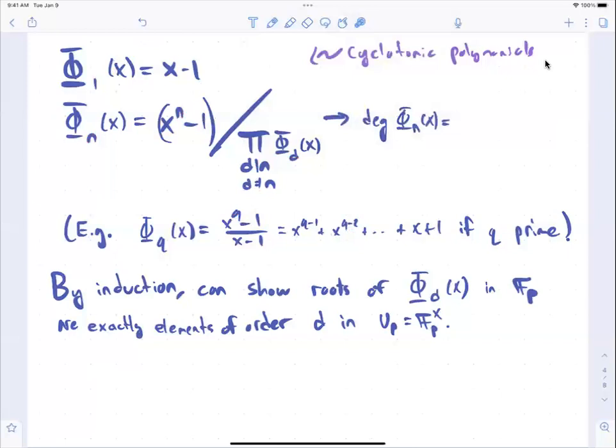And from this inductive description, you can see that the degree of capital phi n of x is actually just little phi of n, the Euler function. So phi of 1 is 1, this has degree 1, that's good. When q is a prime number, phi of q is q minus 1, and that's good. This is a polynomial of degree q minus 1. And then more generally, you can prove this degree formula by induction